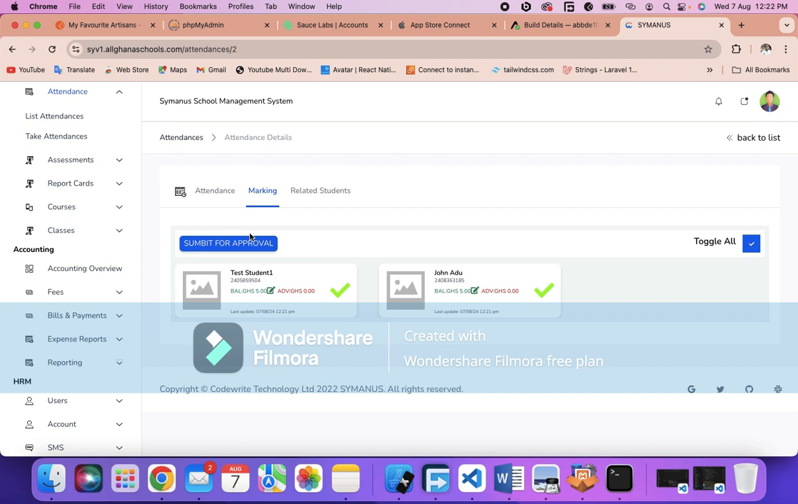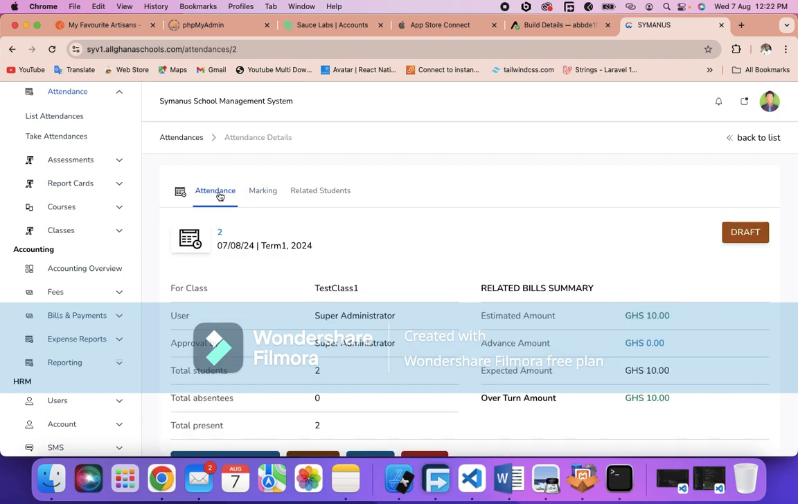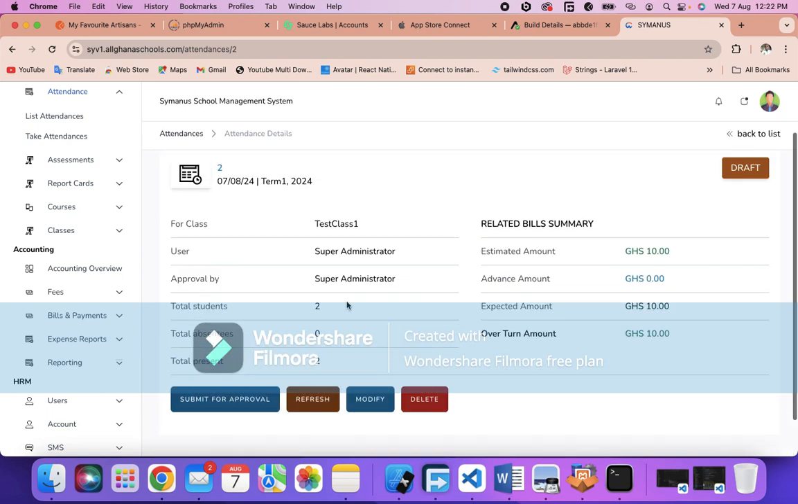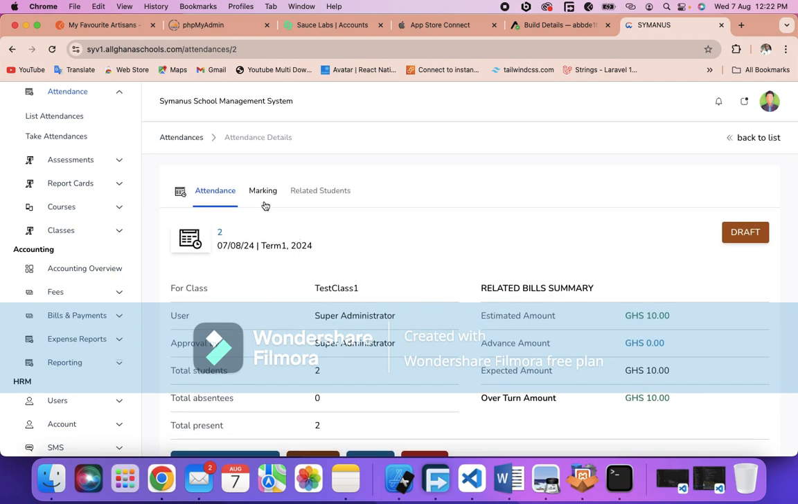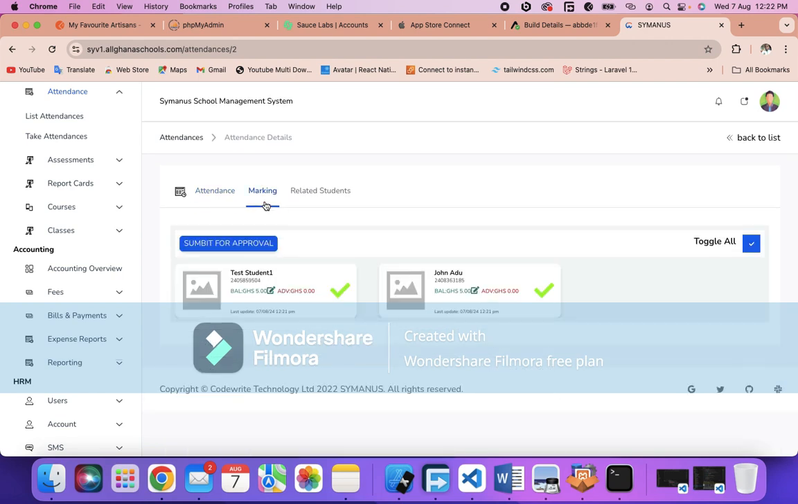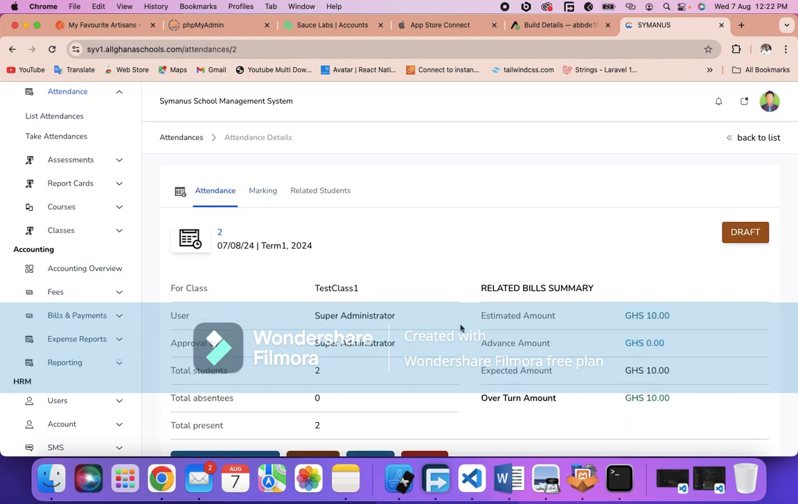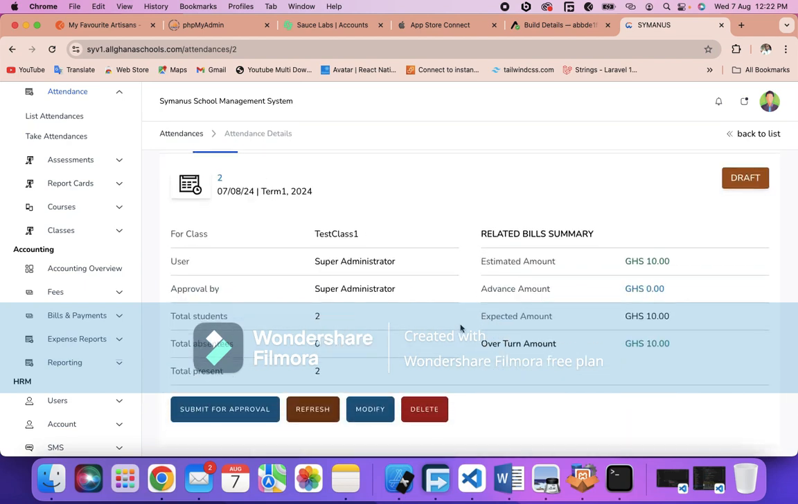I can just submit this for approval, and because there is a bill for them because they were present, maybe by bus or by food or whatever it is, they will have to pay that bill, and the teacher will be expected to bring